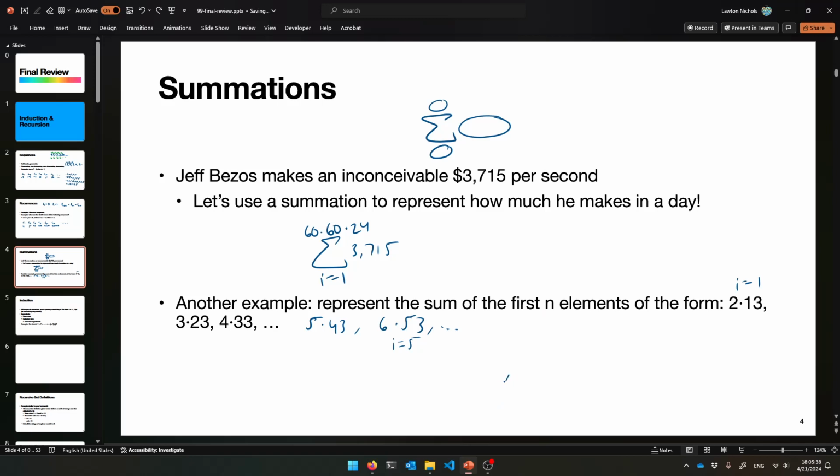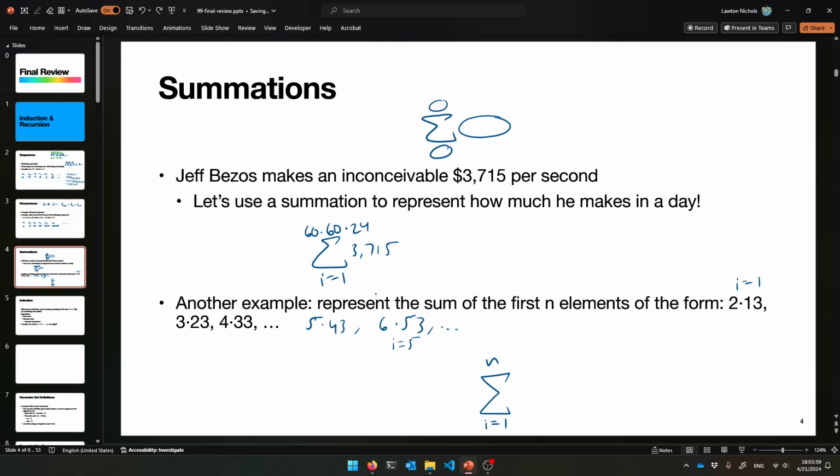Let me draw my prettiest capital sigma here. That starts when i is 1 all the way up to n, right? We want the first n elements. This one's totally the first one. So how can we use i equals 1 to get this, and i equals 5 to get this? What's the pattern? Well, if i is 1 I want 2, and if i is 5 I want 6,